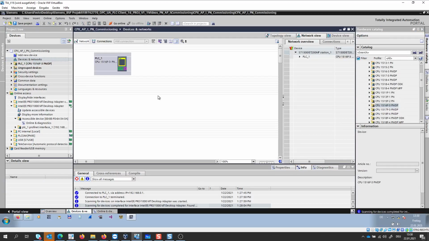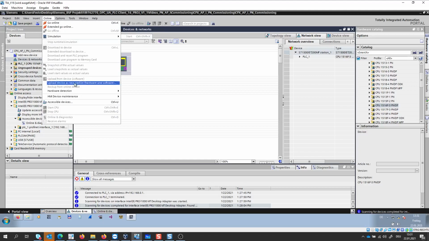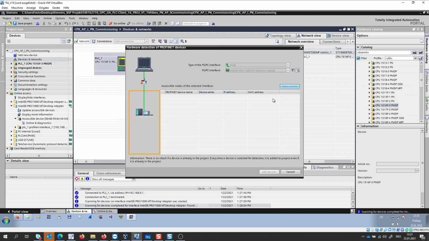So we have installed the GSDML file, we have a connection with the laptop to the PLC. The PLC is connected with the Ethernet cable to the API Profinet node, means there is a physical connection, and that's the reason why I can now use here in Siemens the hardware detection. The hardware detection feature is available since TIA portal version 50.1. With this, I am searching in a Profinet network after devices. If I'm pressing here and start a search,